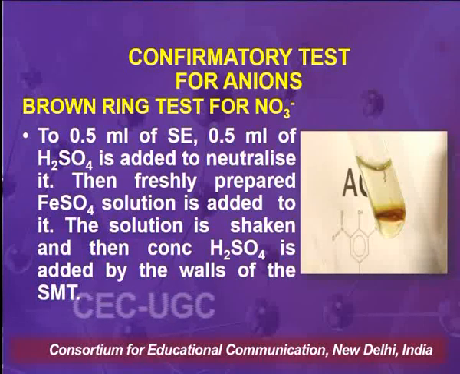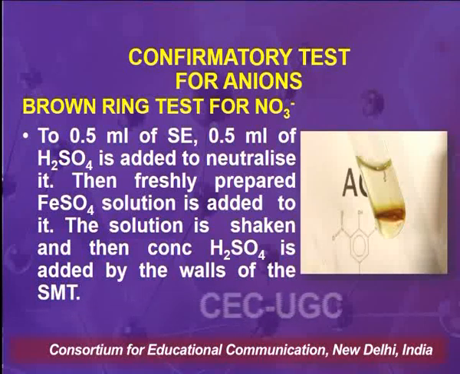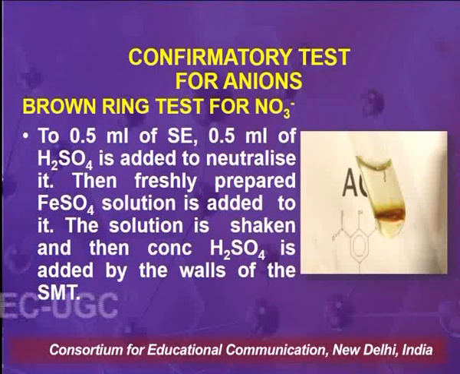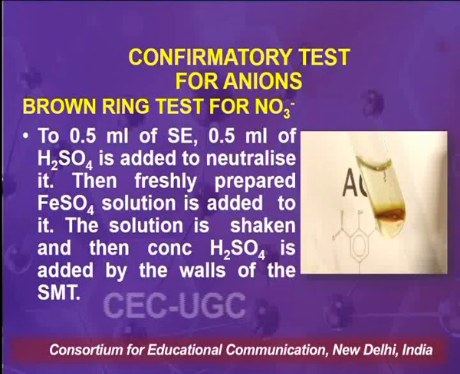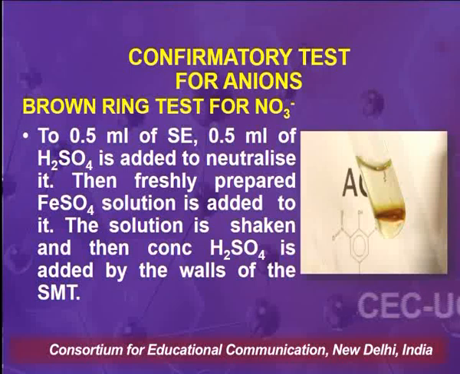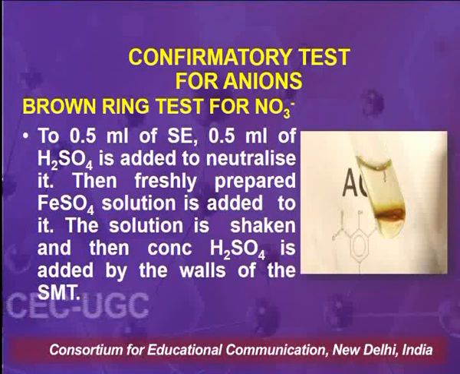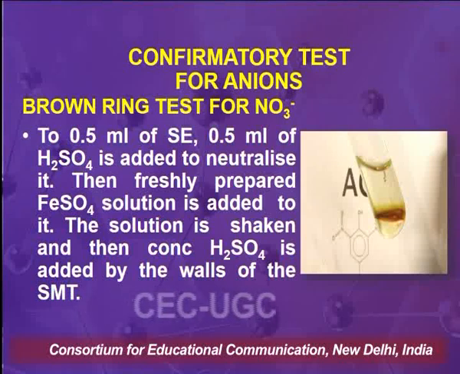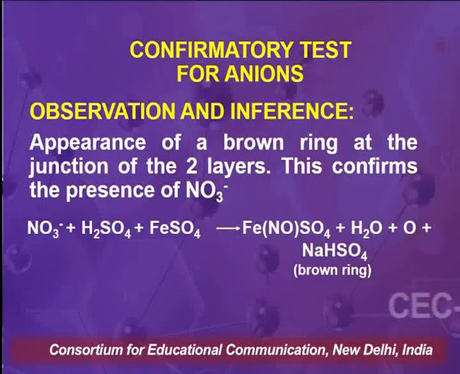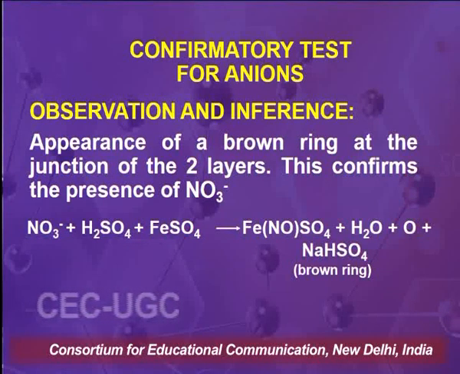This solution is then shaken, the test tube rather containing the solution is shaken, and then concentrated sulfuric acid is added to this by the walls of the test tube, the semi-micro test tube, and as you can see, a brown ring develops at the junction of the liquids, which is evident from the picture. So observation, as you can see over here in the picture, again the appearance of a brown ring at the